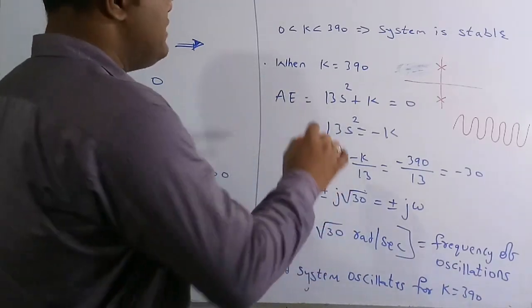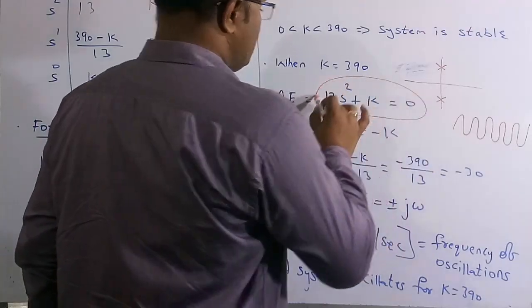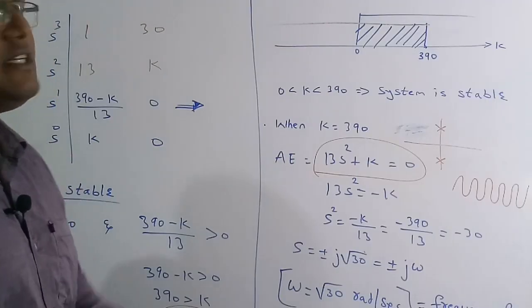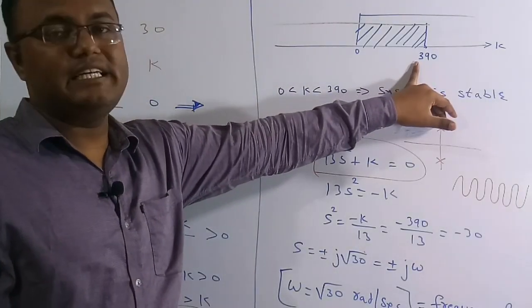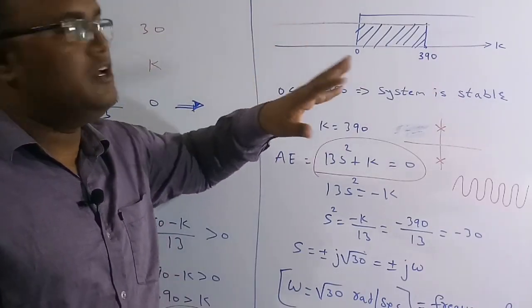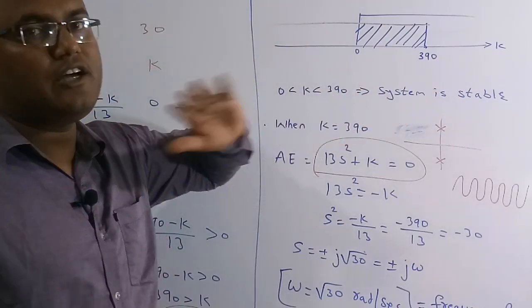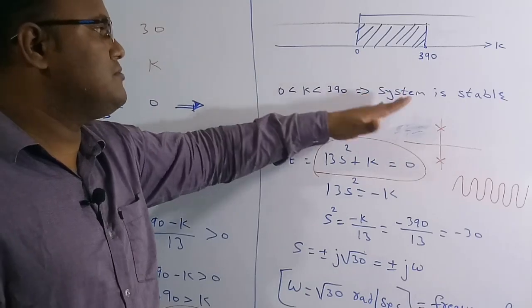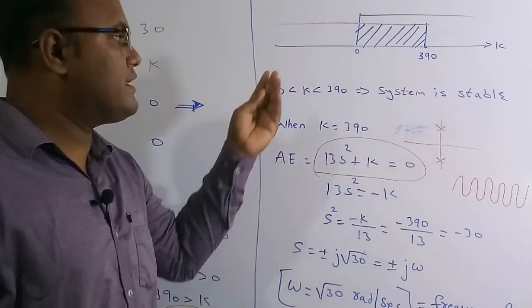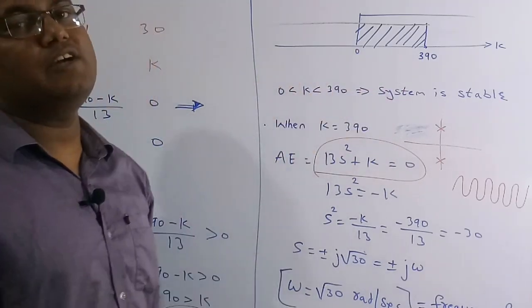That is wrong. So therefore this has to be equal to 0. So here, finally, what I am concluding is that for the range of 0 to 390 the system is always stable. There are no zeros in any of the column, so we can conclude that the system is stable. But if you want to figure out what happens at k equal to 390, yes, there is one complete